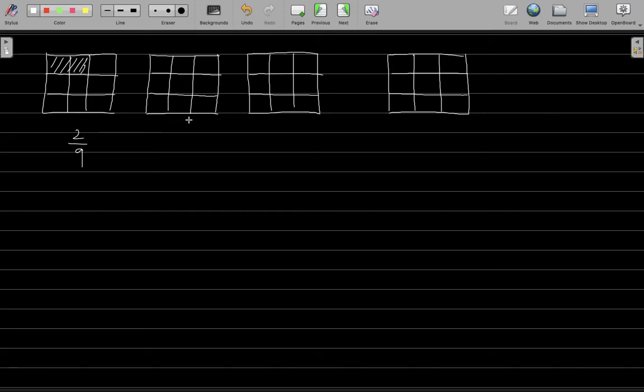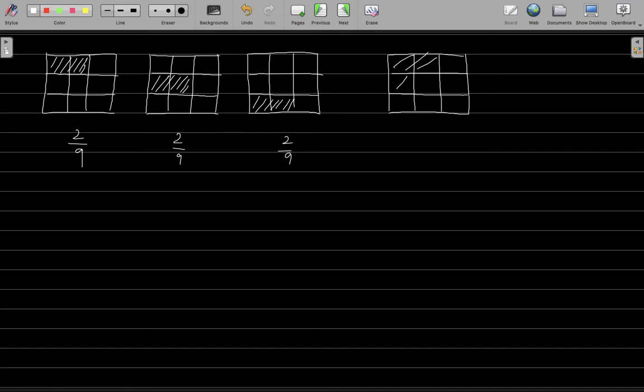Here in the same object, when it is divided into 9 parts, I want to consider another 2 parts. So what will this be? This will also be 2 by 9. Say I want to consider another 2 parts here. This will also be 2 by 9. So when I want to combine these 3 parts that I have chosen, these two and these two, when I want to combine them together,